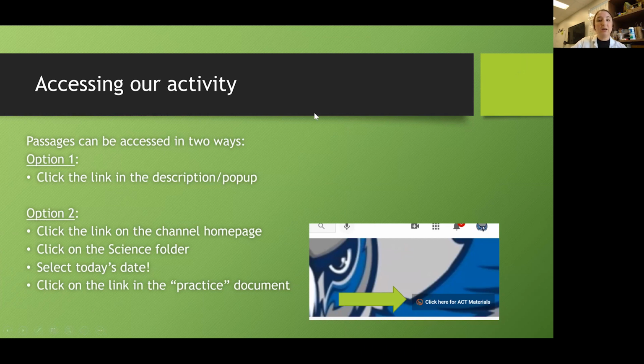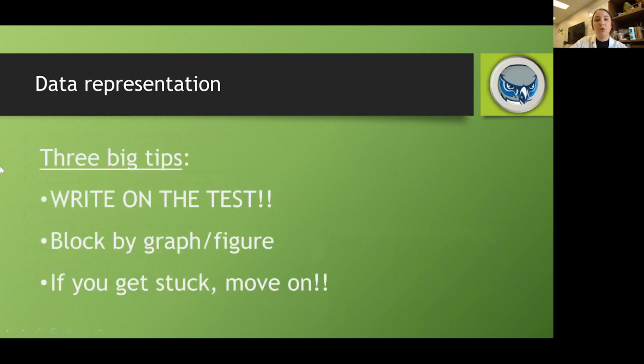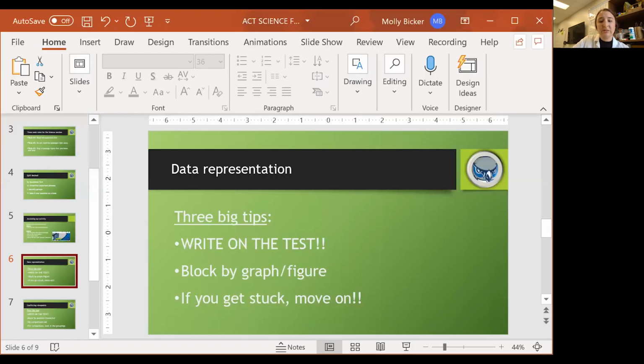If you click on the Google Doc, you can click the link in the Google Doc, and that will take you to our activity today. We are going to use Jamboard. It should ask you if you want to make a copy. Please click yes, that copy is yours so that you are the only person that writes on it. Go ahead and pause this video if you are trying to get that Jamboard open and you are not quite there yet. When you get to that Jamboard, you are going to see